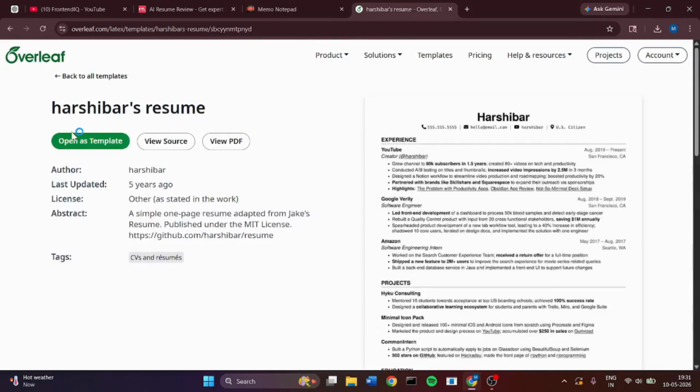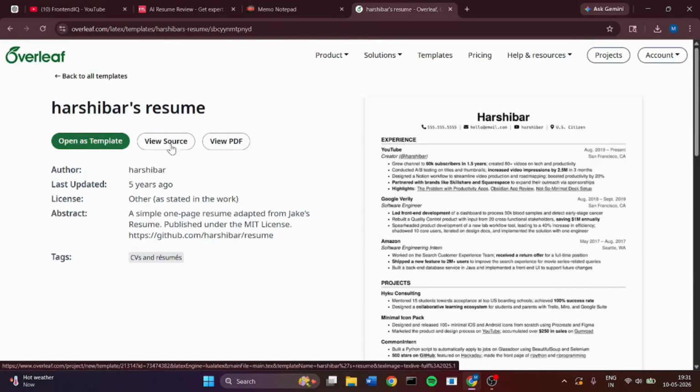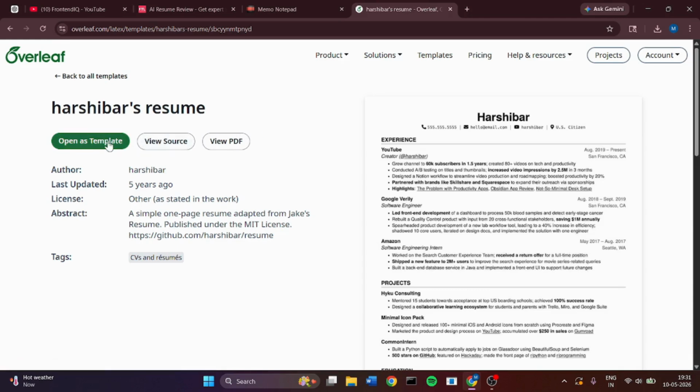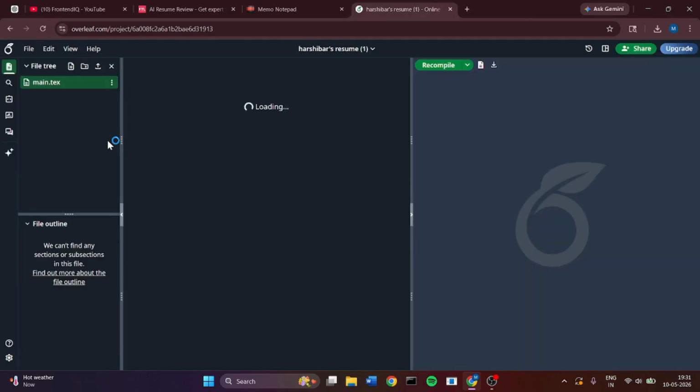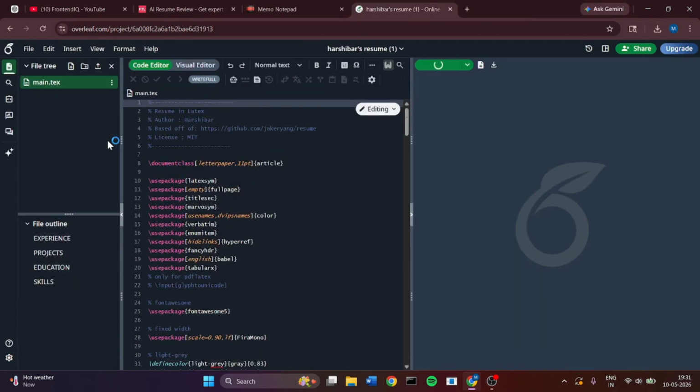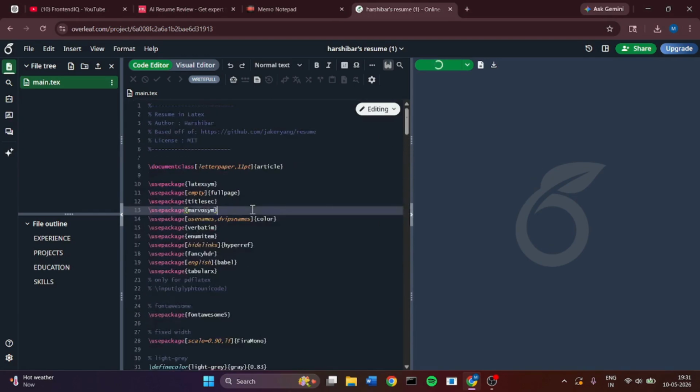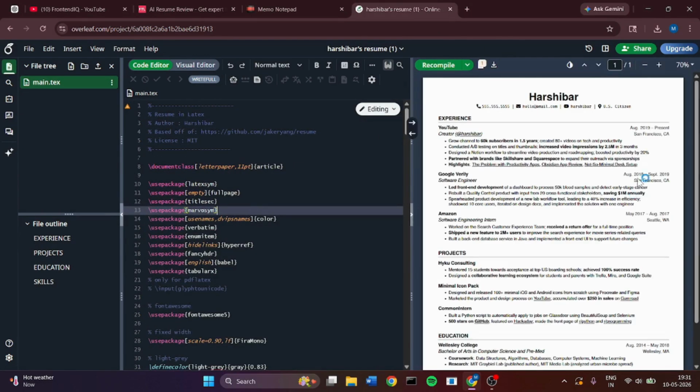After viewing these templates, you can see that there are three options: open as a template, view source and view PDF. So you can click here on open as a template. After clicking this option, here one code is there, and here the live preview is there.